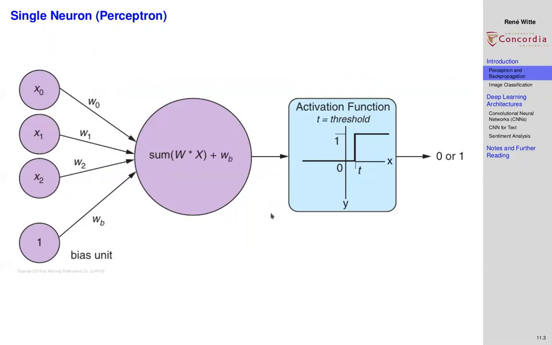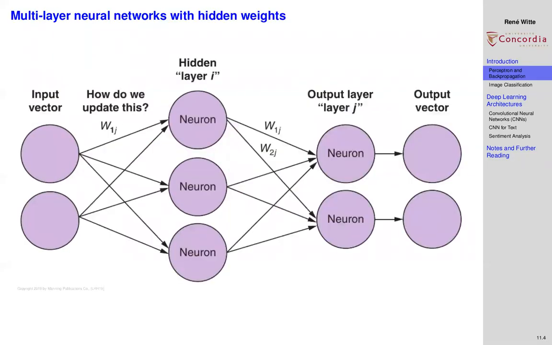We've seen that there are various limits to just having a single neuron, but we can make more capable classifiers by combining multiple of these neurons together. So that's the idea of a neural network. Again, we have an input vector, but now the input is connected to multiple neurons. And you can see the classical three-layer architecture here. We have an input layer with the input vector connecting to a hidden layer, and then the hidden layer connecting